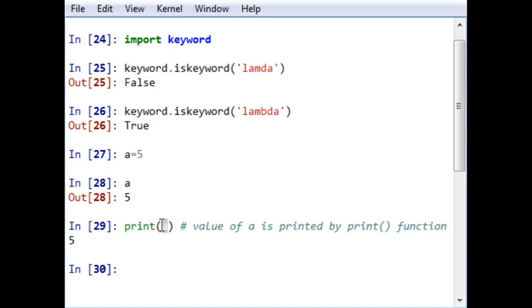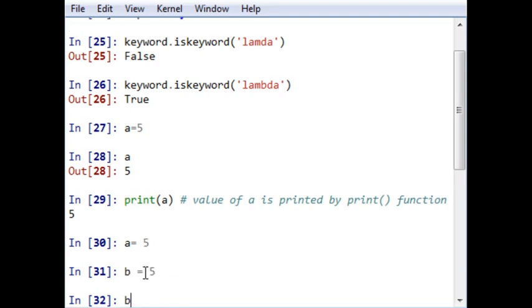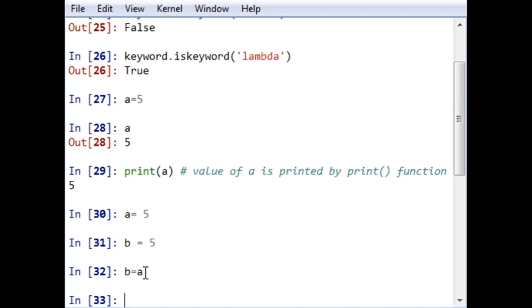Also the printed values correspond to the last assigned value. So, for example, I write a is equal to 5, b is equal to 5. Now let me say b is equal to a. The output will be different, is it? No. Why?